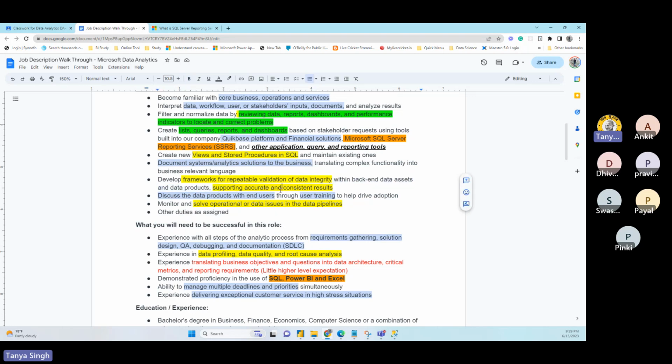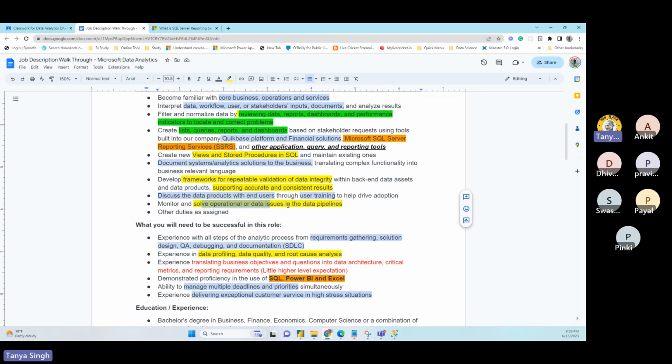And again, they are talking about the same thing: as a data analyst, your job is not only to build the report, you also need to find anomalies in data. Any discrepancy reported by a user, you need to investigate and find the root cause of why this problem is happening. And then based on your understanding and findings, you are going to fix it, or you can propose the fix.